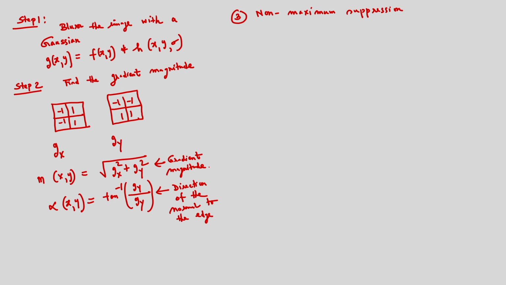If it is true, then retain the pixel as the edge pixel. Otherwise I have to discard the pixel. So that concept I am going to explain. First I have to consider a window.